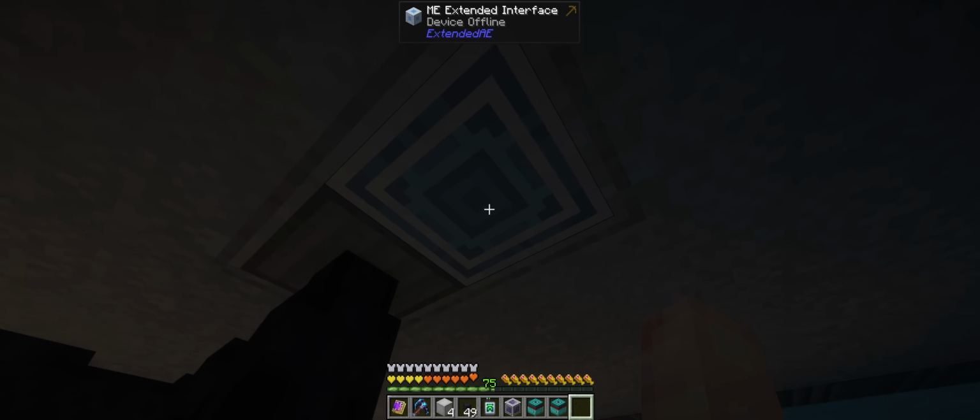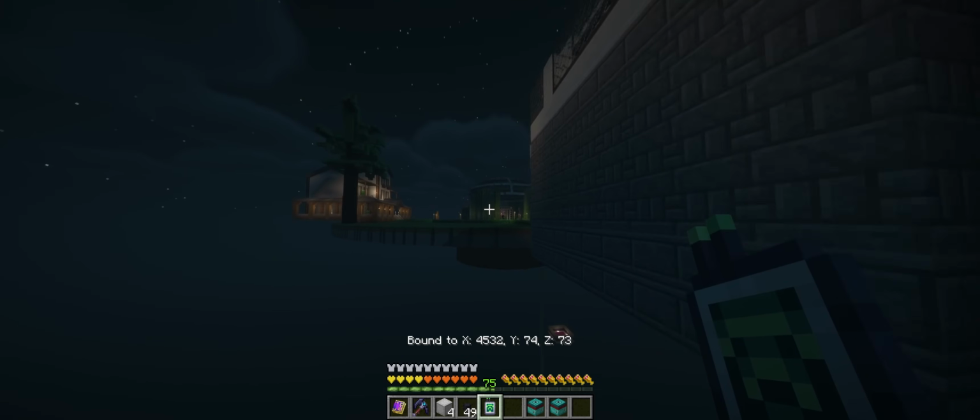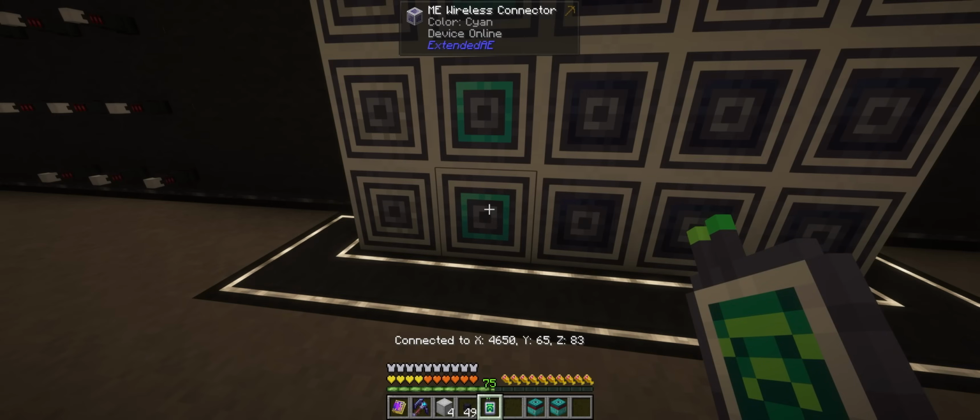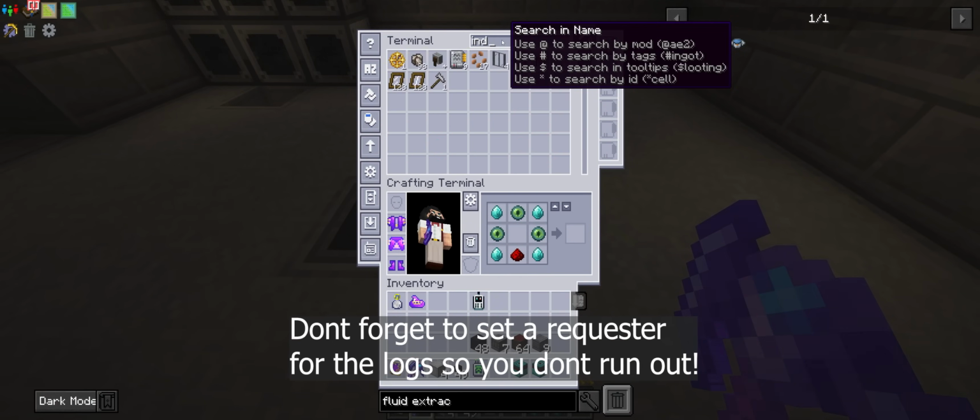So we will put our interface just right there, so it's touching the manager, and we'll need a wireless connector on that. Let's hook up the wireless connector to our applied energistics system. Boop. And now this is online and connected. We do need to keep a stack of mangrove logs in here. I will also need to do an induction card